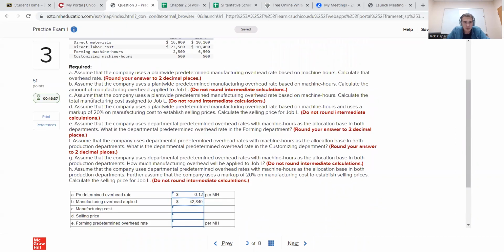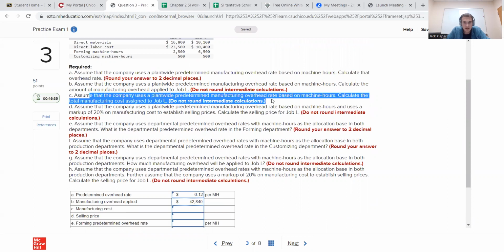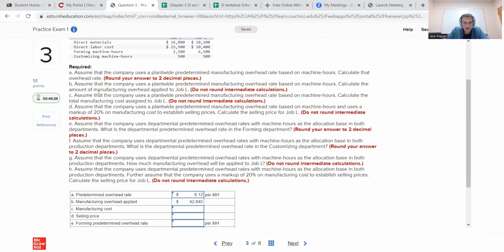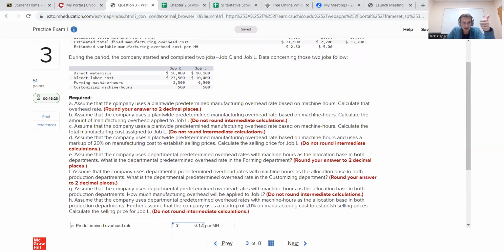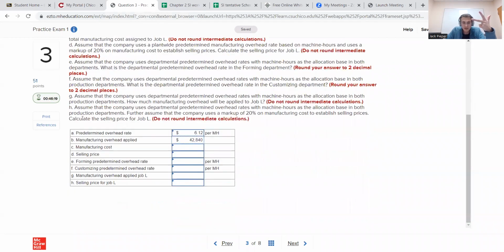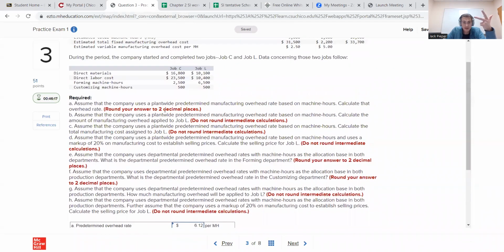Cool. Assuming the company uses a plant-wide overhead rate, calculate the total manufacturing cost assigned to job L. Okay, so again, make sure you understand the difference between overhead applied and manufacturing cost. Manufacturing cost will be all of our product costs, which are the direct materials, the direct labor, and the manufacturing overhead applied. So to find the manufacturing cost for job L, we simply have to take the two direct costs